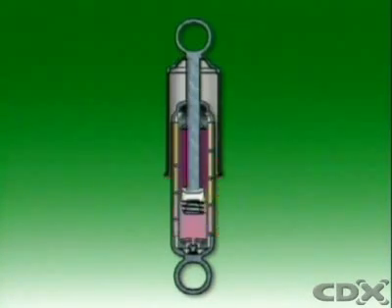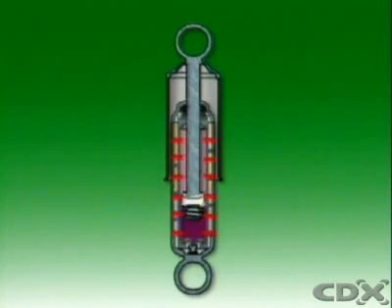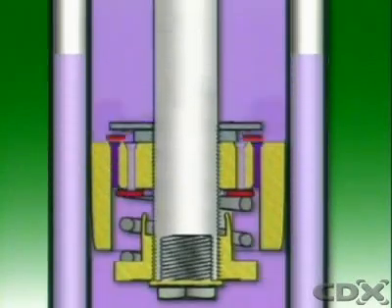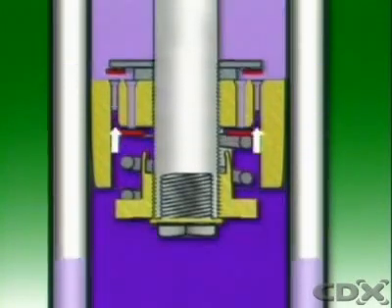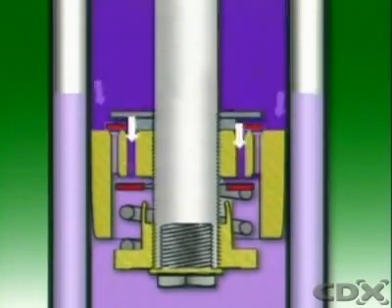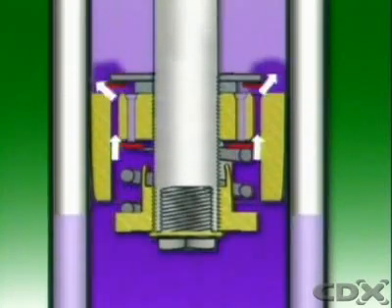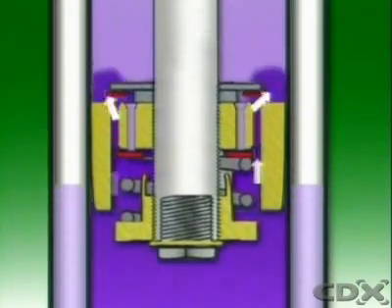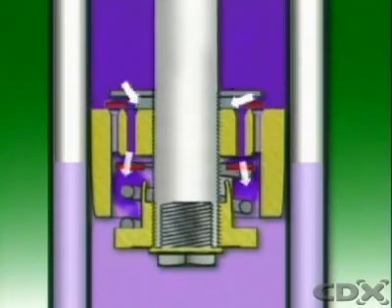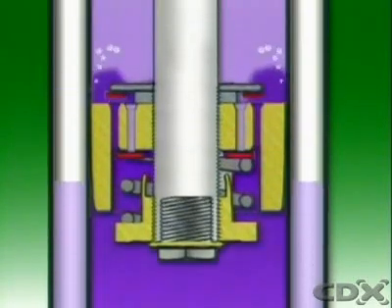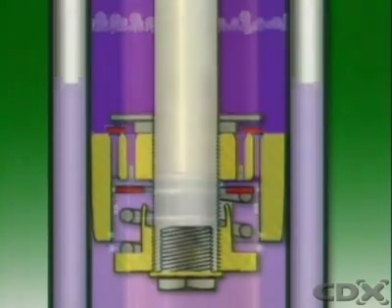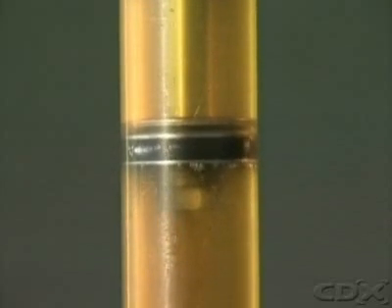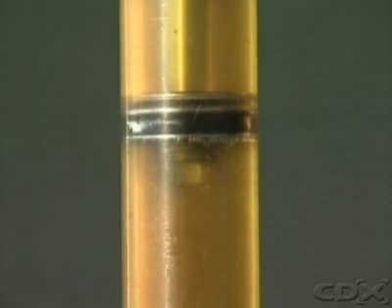The heat is transferred through the outer tube to the outside air. However, the hotter the oil becomes, the greater its tendency to aerate. Aeration occurs because of the high velocity of the oil as it passes through the small passages in the valves. If the velocity is high enough, air dissolved in the oil comes out of the solution as small bubbles and forms a foam. Aerated oil has a certain amount of compressibility, so it is unable to provide the dampening force